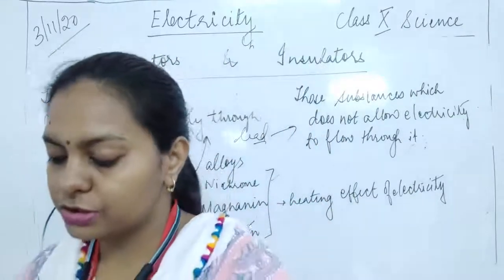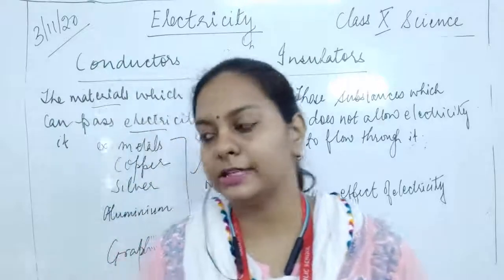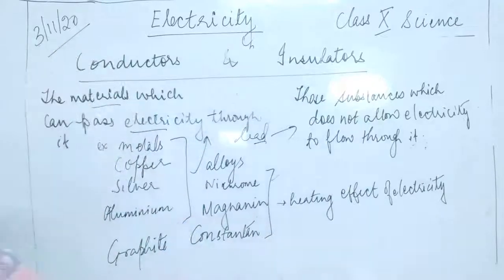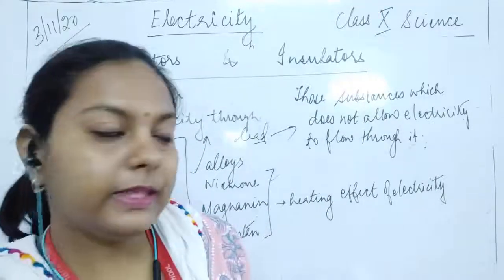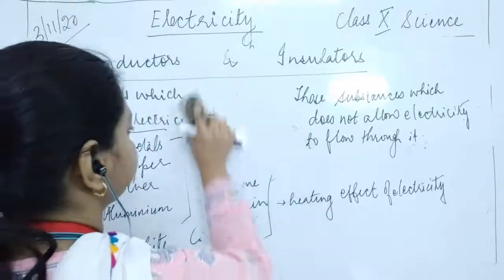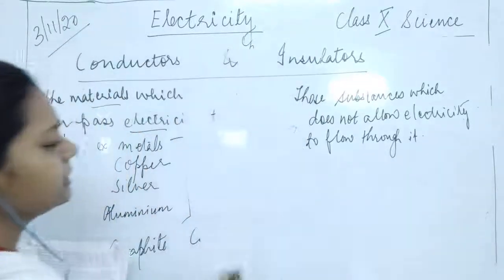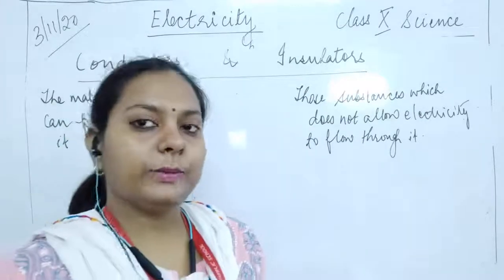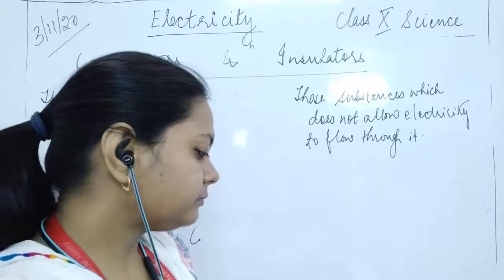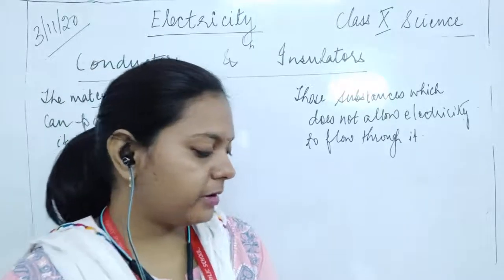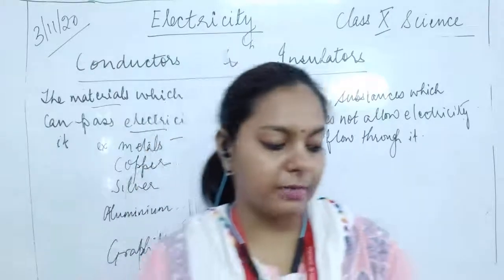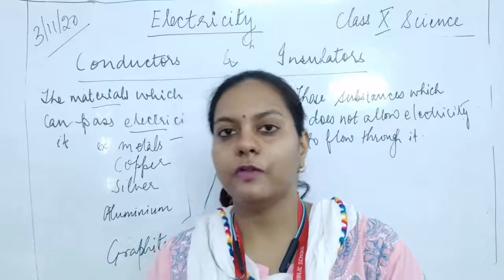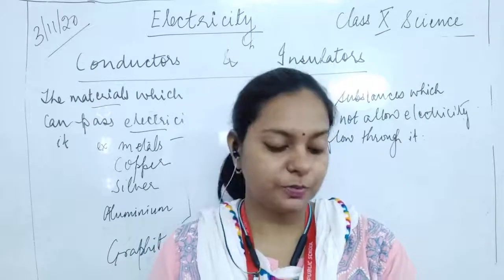Then those substances through which electric charges cannot flow are said to be insulators. Okay, in other words, those substances which cannot pass electricity through them are said to be insulators. I'll make some space so that it will be clearly visible and you will understand this. Okay, now glass, ebonite, rubber, plastic, dry paper, dry wood, cotton, mica, bakelite, porcelain, dry air are all examples of insulators, because they are not allowing the electricity to pass through.